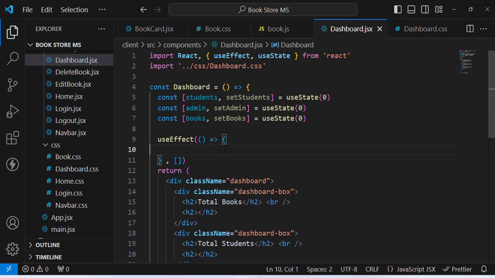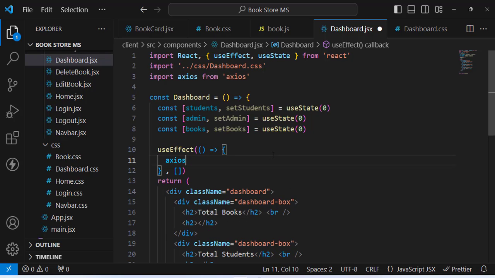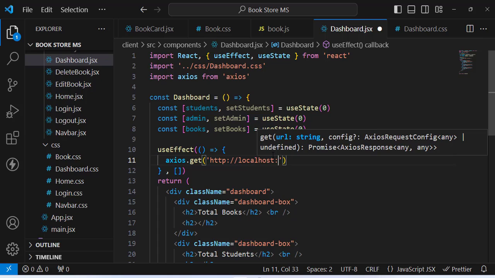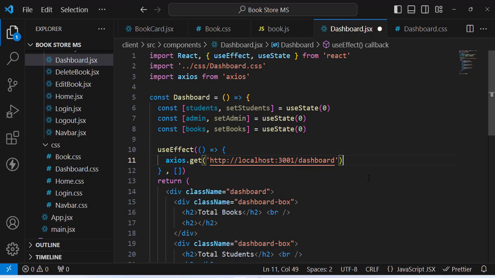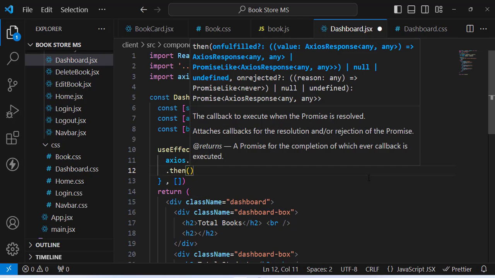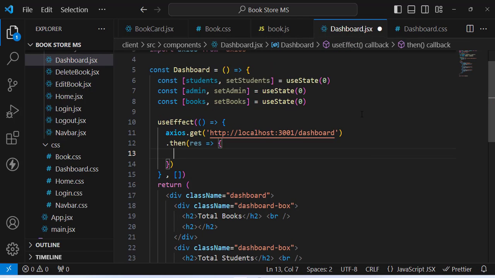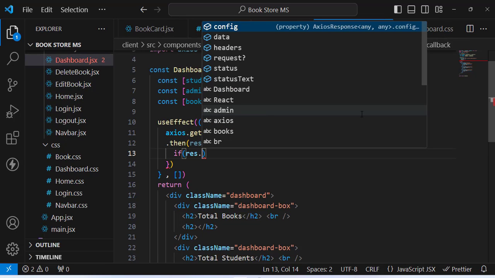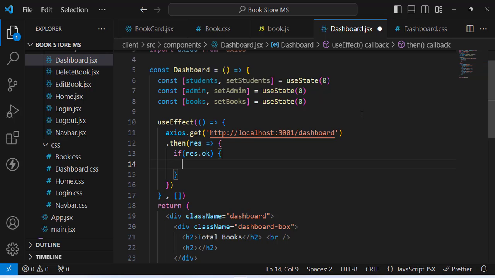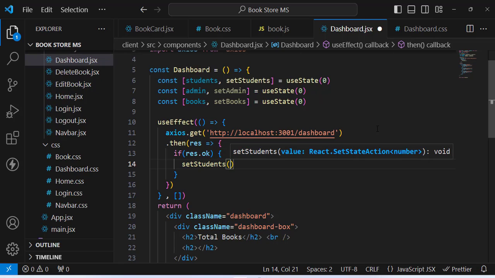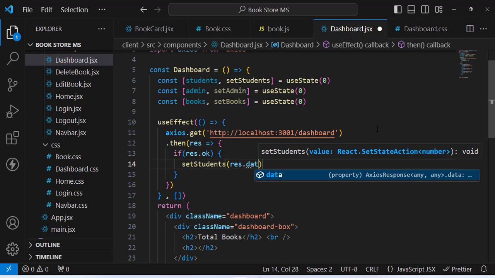So in this useEffect hook, we will use axios.get, http://localhost:3001/dashboard. Then we will get a response, a result, and we will update these values. First I will write: if response.data.ok, if the response was okay, then we will update them. Set student, I will write response.data.student,